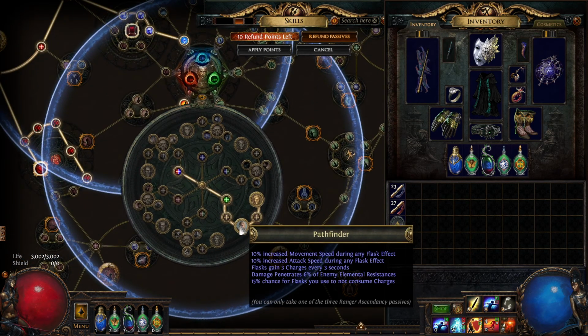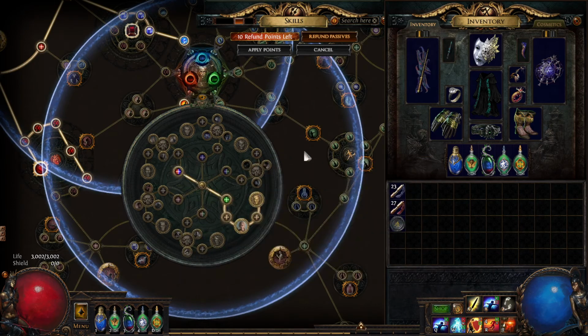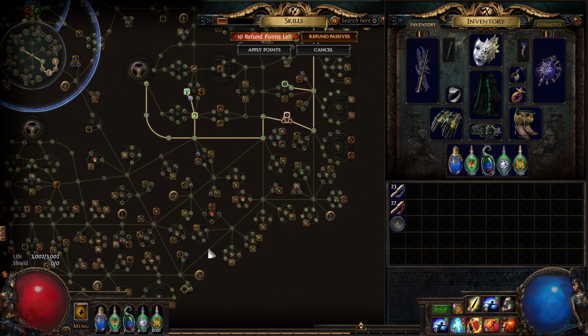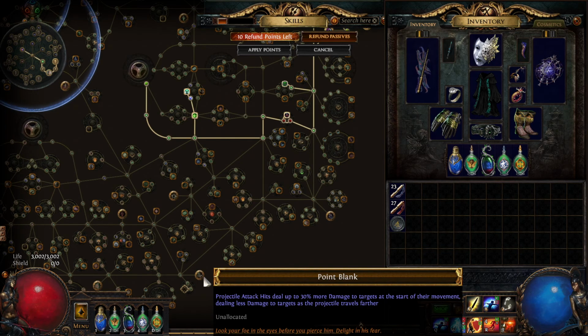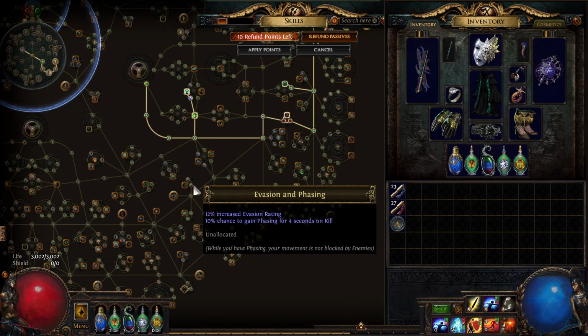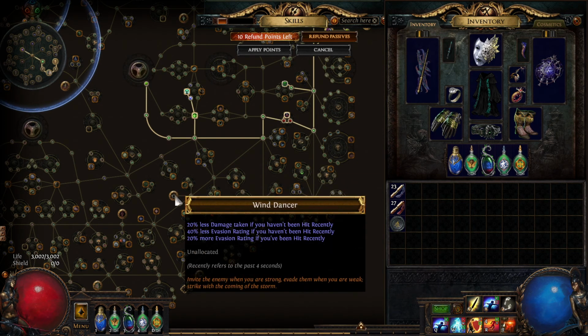I'm going with Pathfinder, but the other one should be Inquisitor for some elemental ailment immunity and some more damage. To top things off, I will finish the build by getting Point Blank, which is 30% more damage when we're close to a target, and Wind Dancer for a bit more defense. Since we're dodging and evading and blinding enemies, we will benefit from this node very much with 20% less